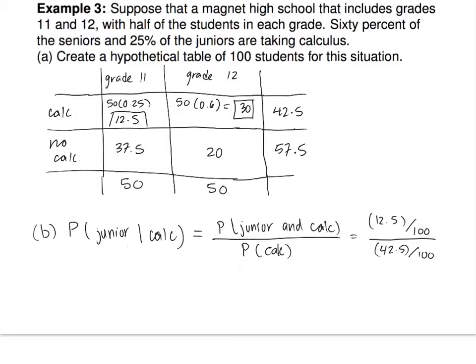But that really came from this whole junior and calc over calc rule that we had yesterday. You see that? The shortcut is you don't have to worry about the whole total business. You can just think, I have this many juniors in calculus, I have that many calculus students. So you do 12.5 out of 42.5,